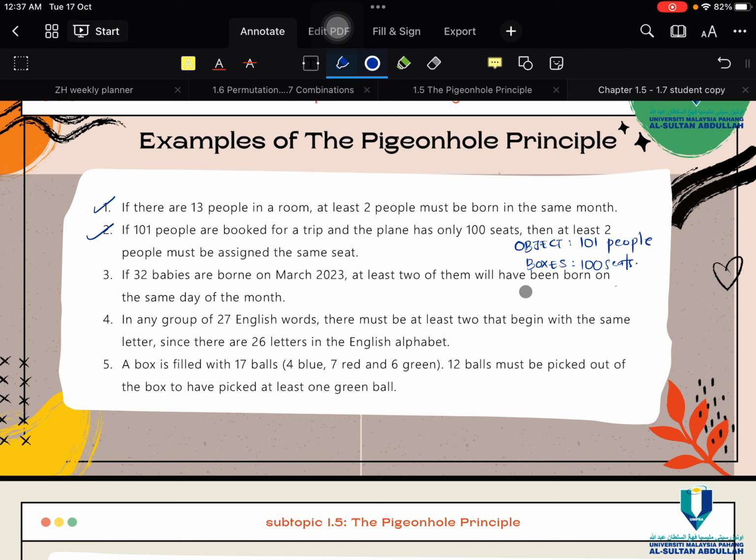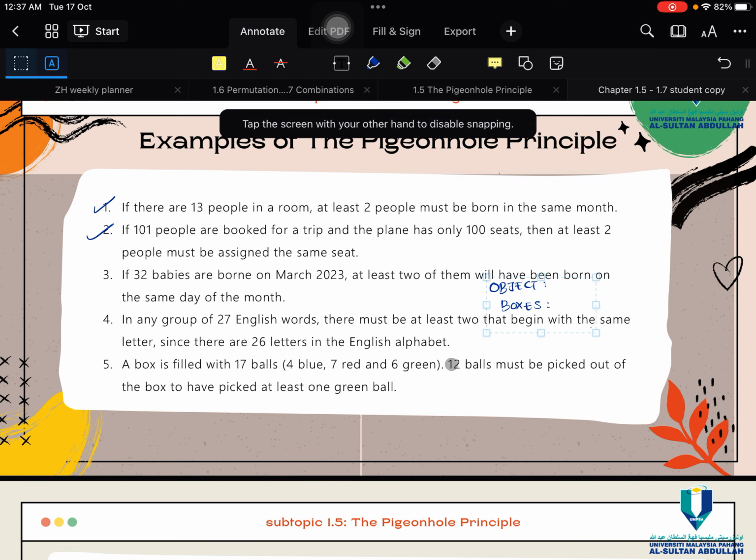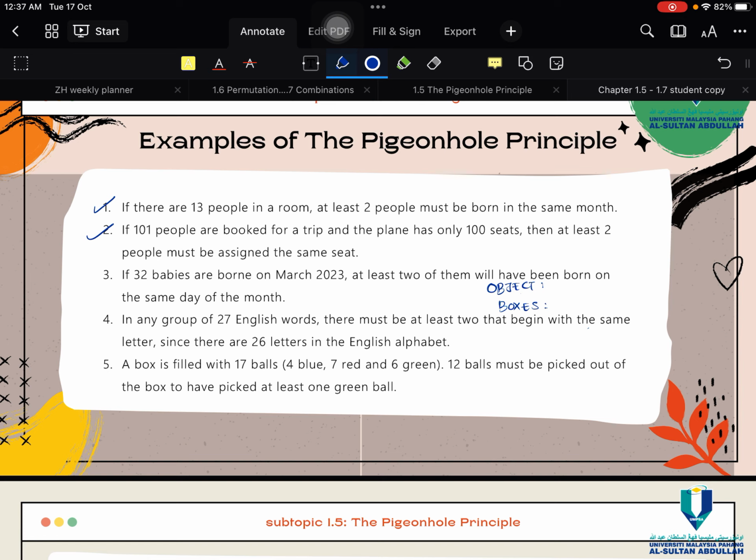Okay, example number 3. If 32 babies are born in March 2023, at least 2 of them will have been born on the same day of the month. Okay, can you try and guess what is the object and what is the boxes for this case? So there are 31 days. We are trying to place 32 babies into 31 days in March